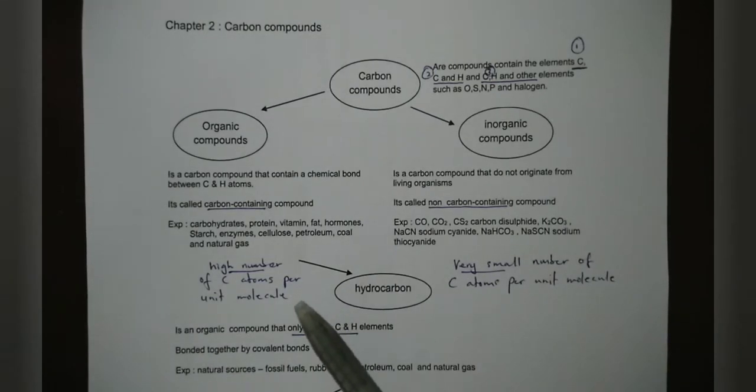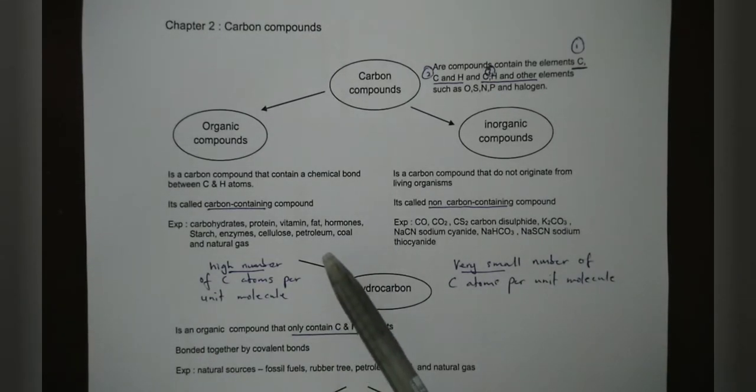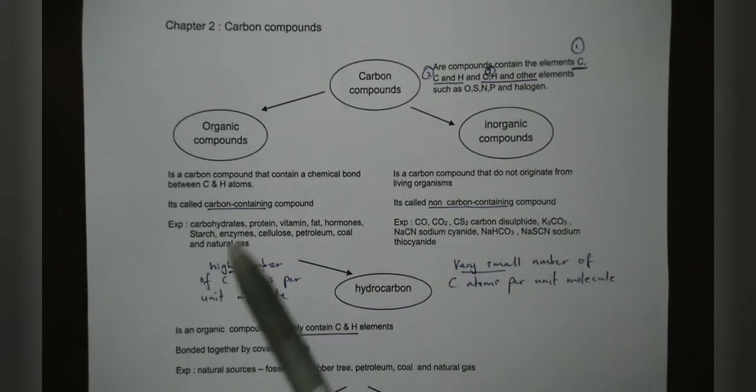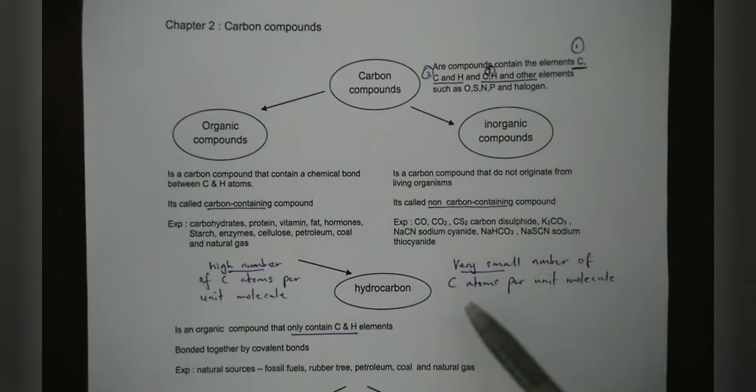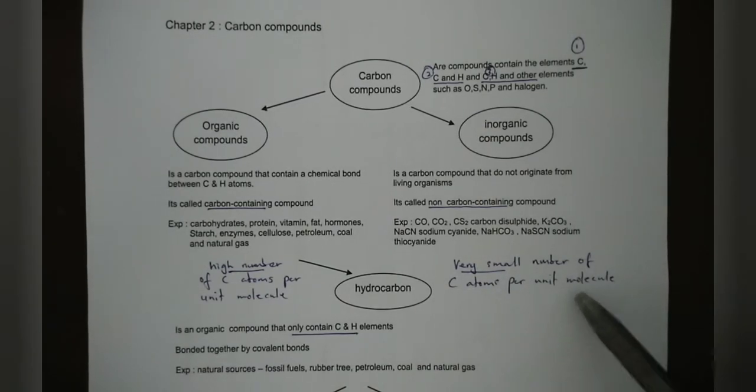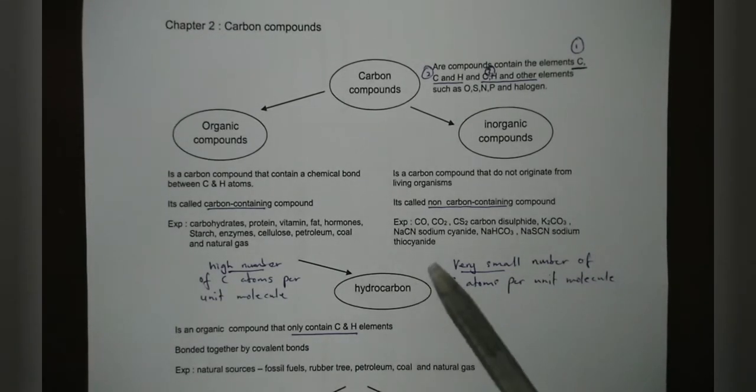So for us to understand the biggest comparison between organic compound and inorganic compound, the organic compound contain higher number of carbon atoms per unit molecule, but inorganic compound contain very small number of carbon atom per unit molecule. Means in one molecule of substance or compound, the percentage or the number of carbon atom here is very small